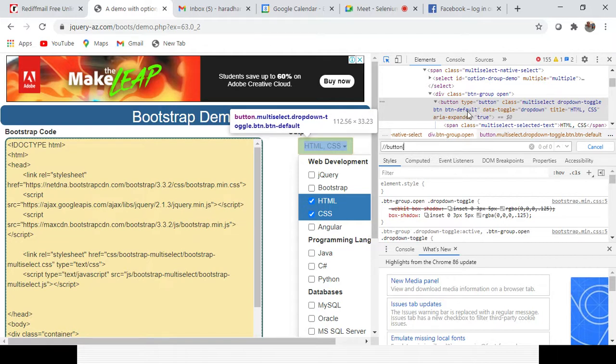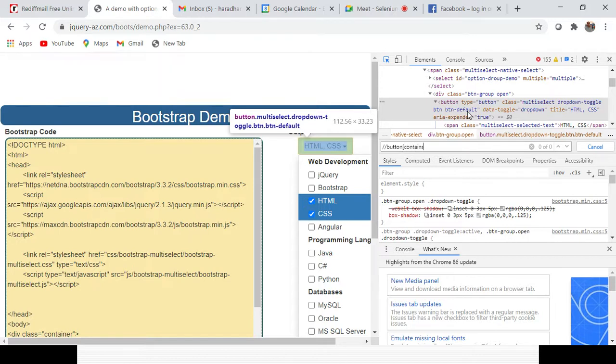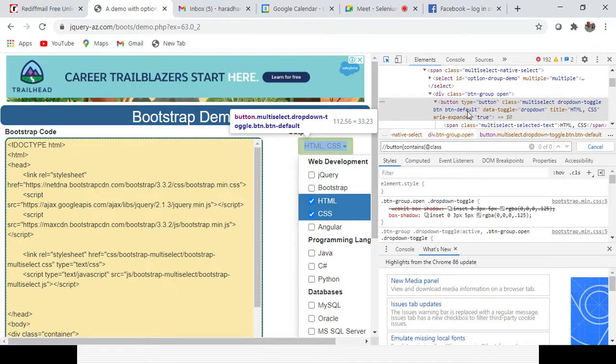Simply I will use contains, contains, first bracket at the rate class, I will give a comma and I will give that multi-select part only. I need to close the bracket, I need to close the square bracket. Okay, you can see one element is getting found. That is the main option getting found.